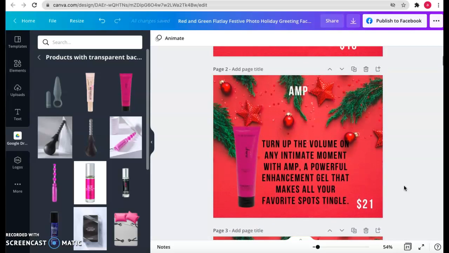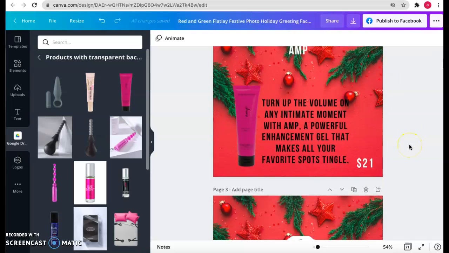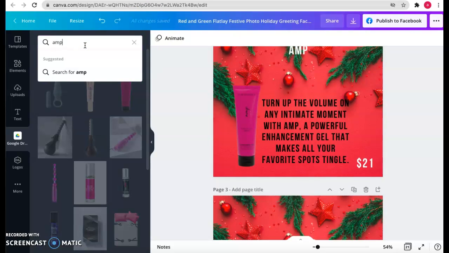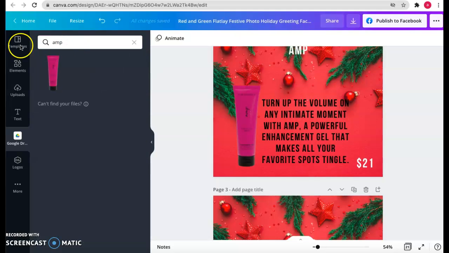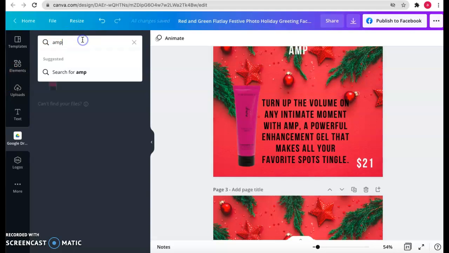And then again, to do your next one, you just hit that little plus button to duplicate the page and go in and move to the next product on the list. If you're searching for a product, you can use the search bar up here and it'll come and pull up whatever's in the Google file under that name as well. So you can either scroll,